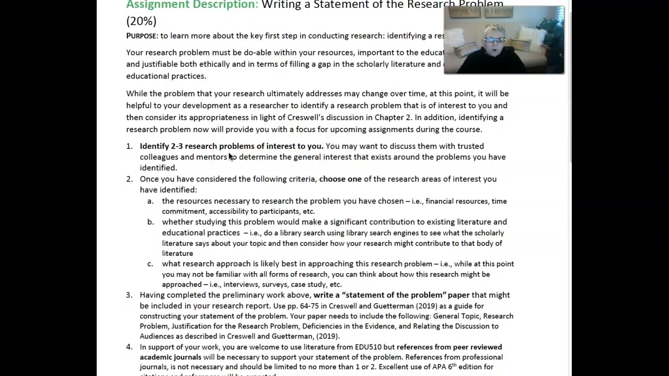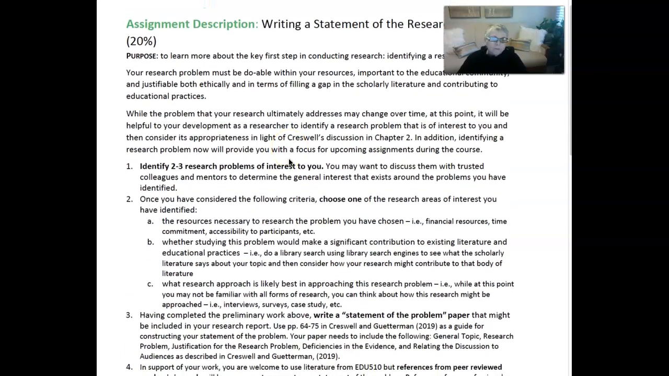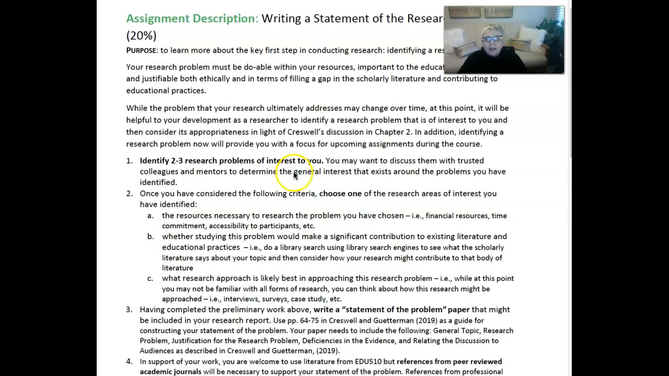And in terms of the process, first of all, you'll perhaps think of 2 or 3 research problems that are of interest to you. You may want to discuss them with trusted colleagues, mentors, friends, family, your spouse, etc., to determine the kind of interest that there is in the educational community, or perhaps in the community itself around that educational entity, the school or whatever,